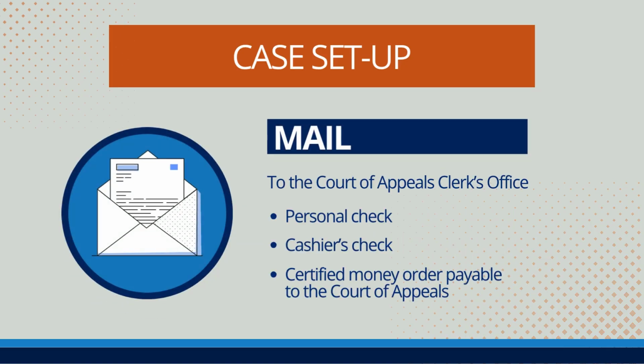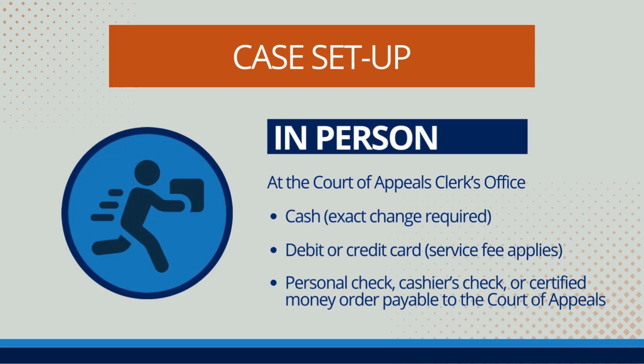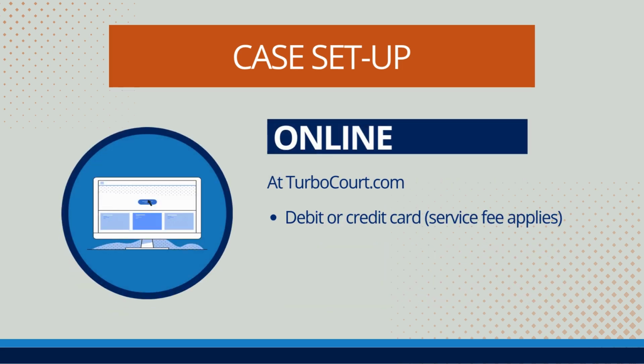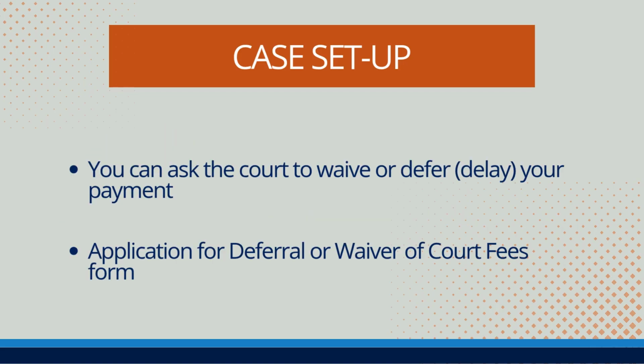You can pay the filing fee by mail, in person at the Court of Appeals clerk's office, or online through TurboCourt. If you cannot afford the fee, you can ask the court to waive or defer your payment using the Application for Deferral or Waiver of Court Fees form available on the court's website. If you do not pay the fee or get a waiver or deferral, the court may decide the appeal without